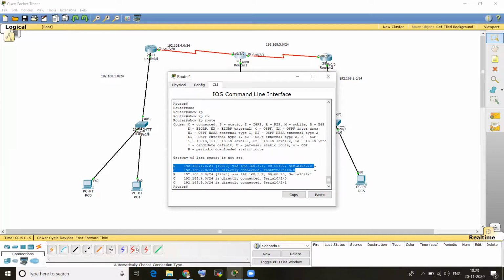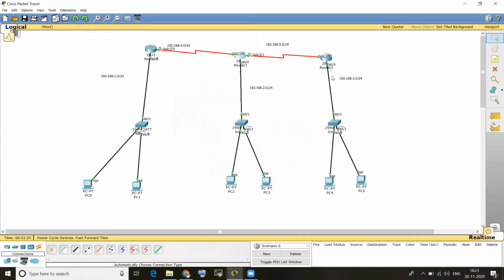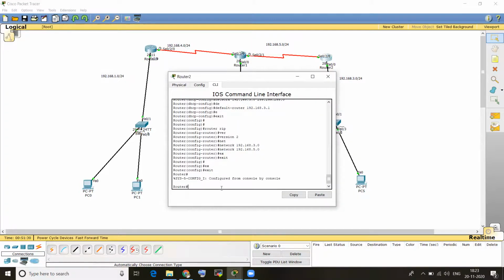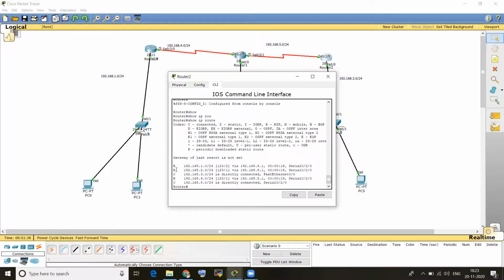Here the 1.0 network is connected, the 3.0 network is connected, and the 5.0 network is connected. Then exit on the third router, show ip route, enter. Here also three are connected, showing the 1.0 network, 2.0 network, then 4.0 network.